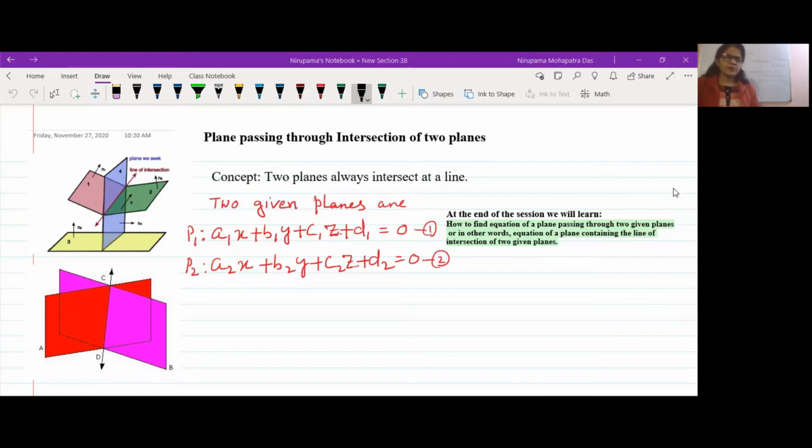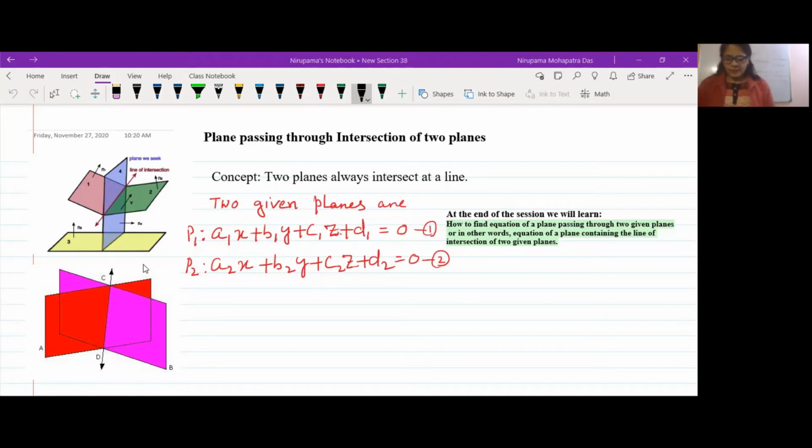And here also you can see the images. You can see two planes, they meet at a line. We don't say meeting point, they meet each other at a line. Even if you see the four walls of your house, the joint of two walls is not a point. The joint of two walls is a line, right? That corner edge is a line. Even the books join each other at a line.